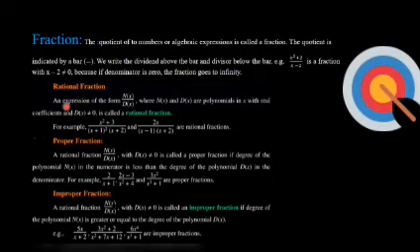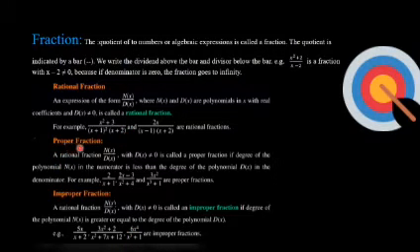What is a rational fraction? An expression in the form of numerator over denominator, where numerator and denominator are polynomials in x with real coefficients and denominator of x is not equal to 0. Such type of fraction is called a rational fraction. For example, x square plus 3 divided by (x plus 1) whole square into (x plus 2), and 2x divided by (x minus 1) multiplied by (x plus 2). These are examples of rational fractions. We shall discuss the fractions in detail in the upcoming examples.